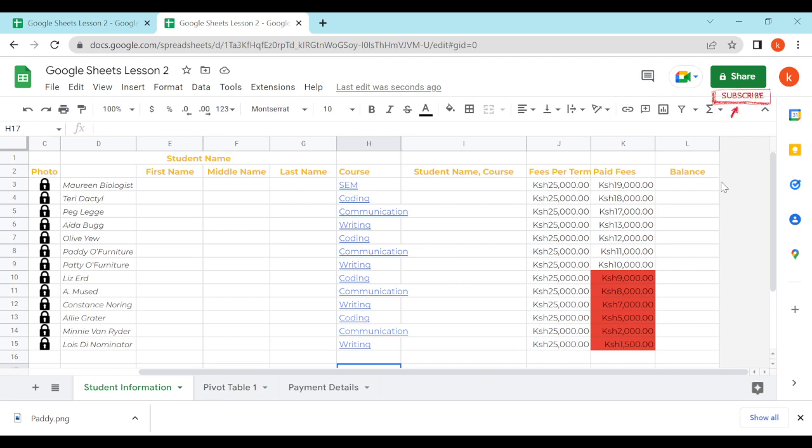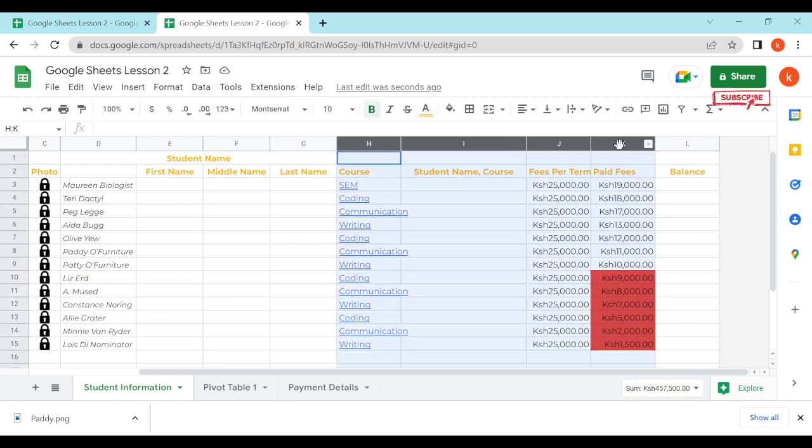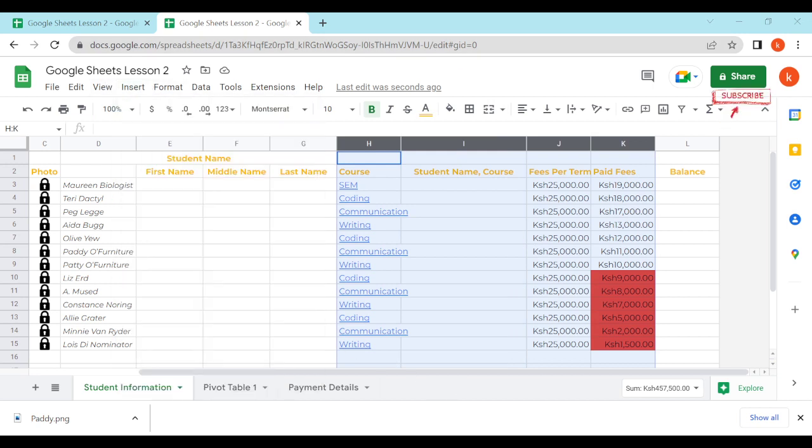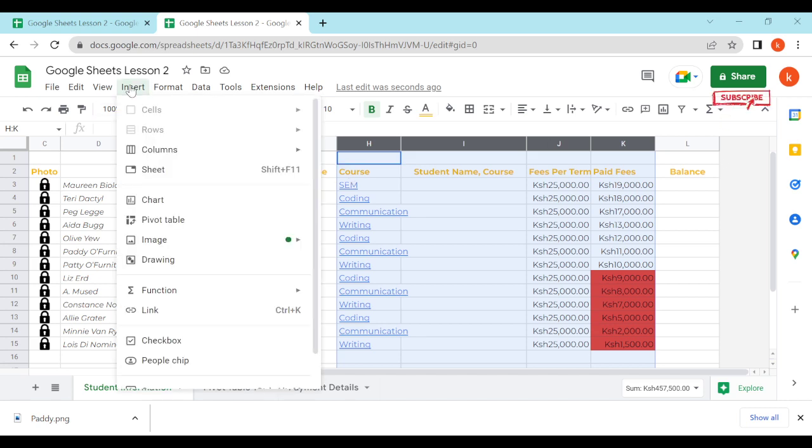The other option too: we may want to know how much each course is bringing. If it's coding, how many students, what's the paid fee for coding or communication and stuff like that. So basically we're going to insert another pivot table. But this time we are looking at a bigger data set, from column H up to column K where we have the paid fees. Then we're going to click on insert, then pivot table,